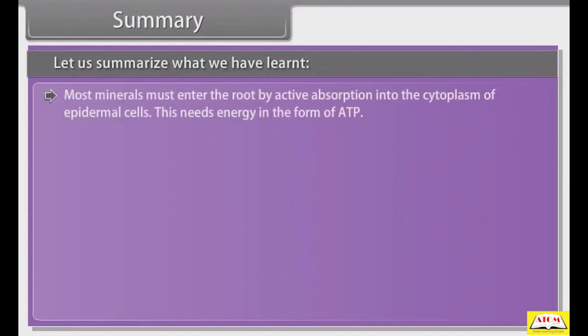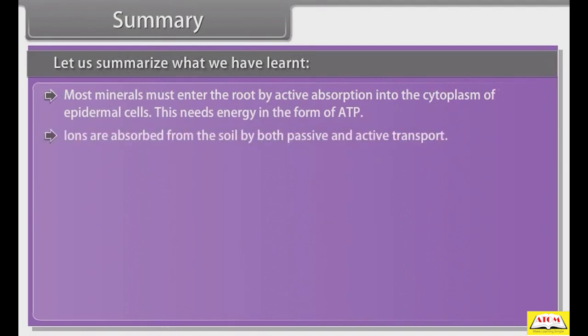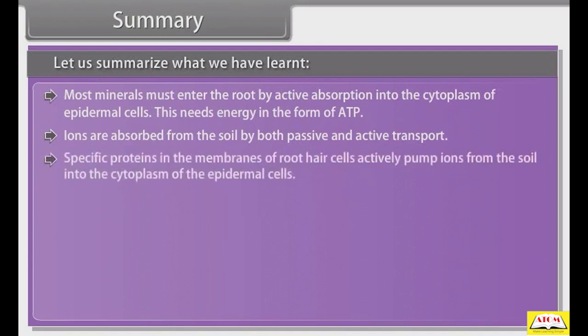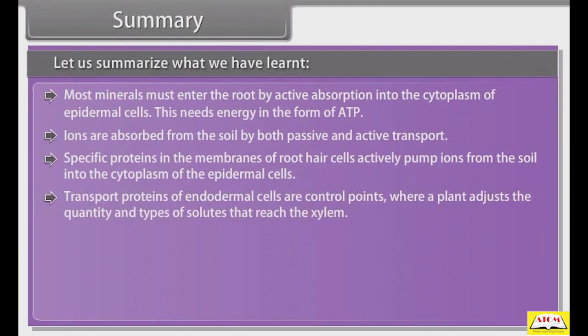Most minerals must enter the root by active absorption into the cytoplasm of epidermal cells. This needs energy in the form of ATP. Ions are absorbed from the soil by both passive and active transport. Specific proteins in the membranes of root hair cells actively pump ions from the soil into the cytoplasm of the epidermal cells. Transport proteins of endodermal cells are control points where a plant adjusts the quantity and types of solutes